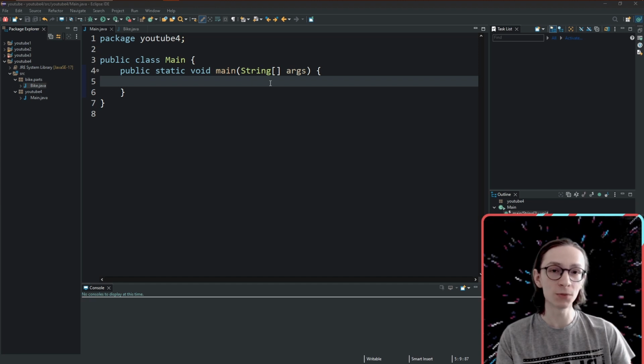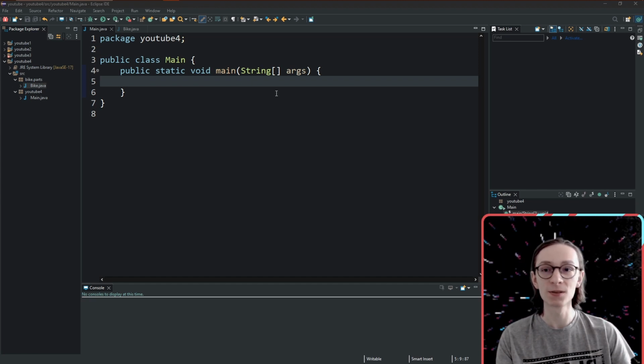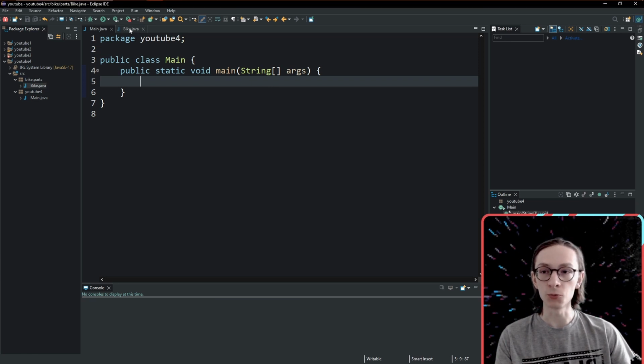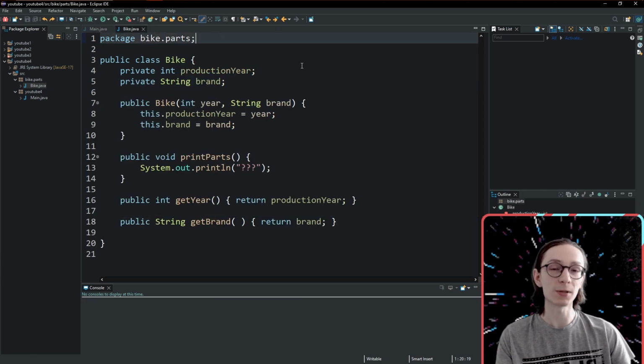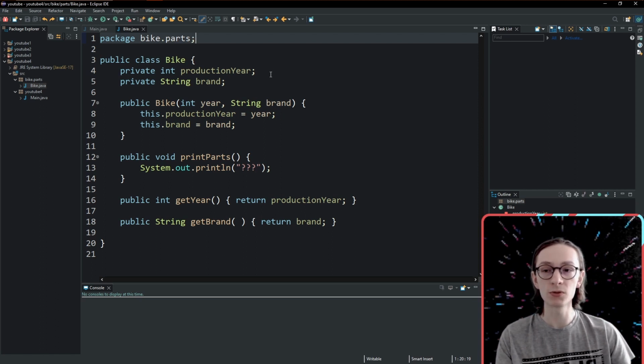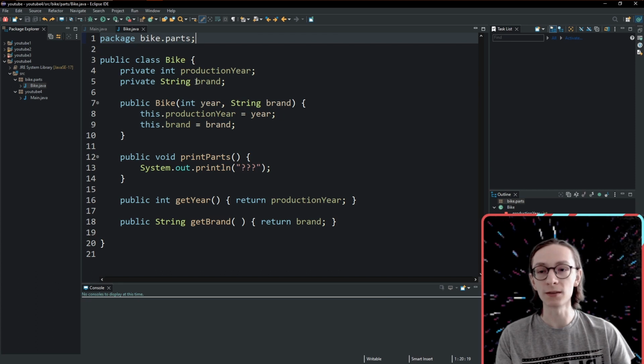The first thing we'll be covering today are abstract classes. For this purpose, I have already created a new class which I called Bike, and if we head over to it, let me quickly explain what this class does. Our Bike class at the moment has two attributes, an integer of the production year and a string of the